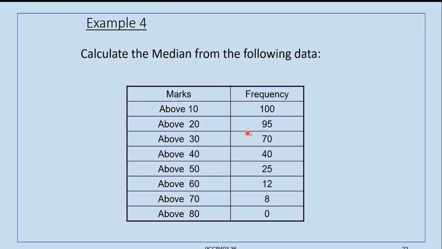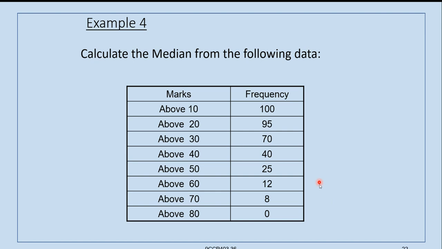Now we will convert the frequency. You take another column where 80 to 90 is 0. From below you have to come, from downwards you have to come to change the frequency. 80 to 90 is 0. The first cumulative frequency we take as this. So 80 to 90 is 0. Then 8 minus 0, we have to write here: 8 minus 0.